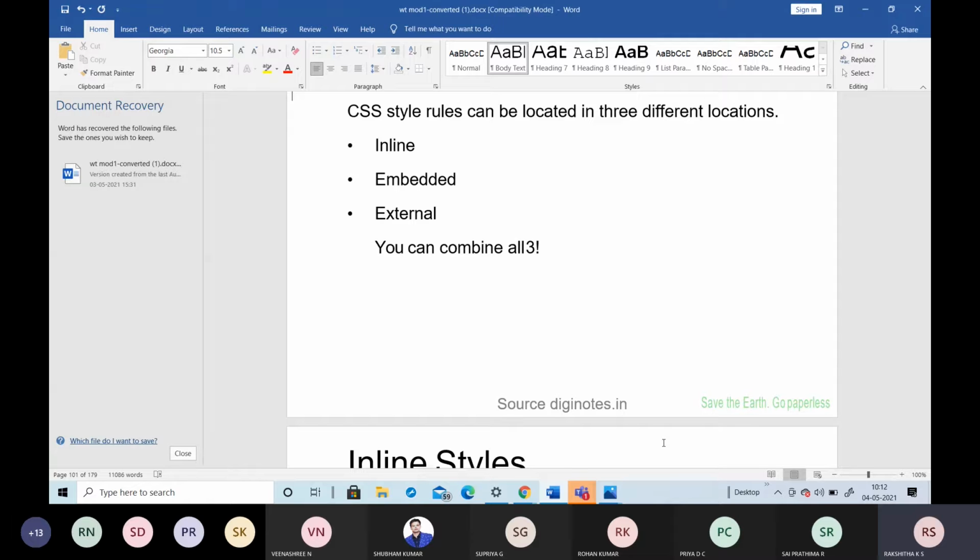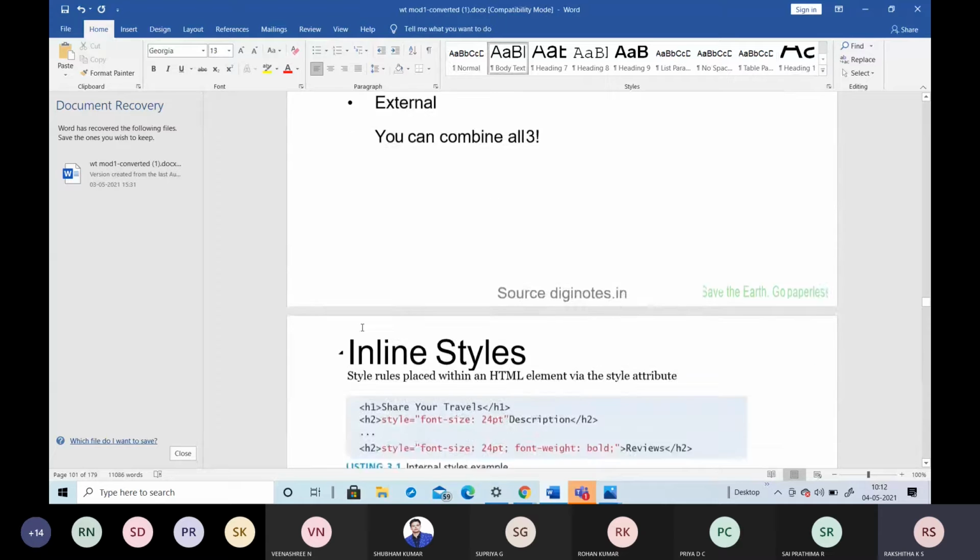So where do we need to place the CSS? There are three different locations to place the CSS style in the HTML document. The first is the inline style, the second is the embedded style, and the third is the external style. Let us study them one by one.